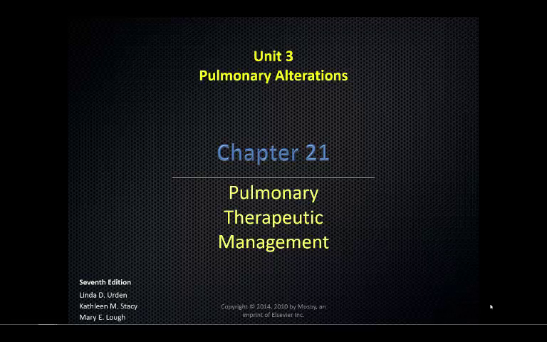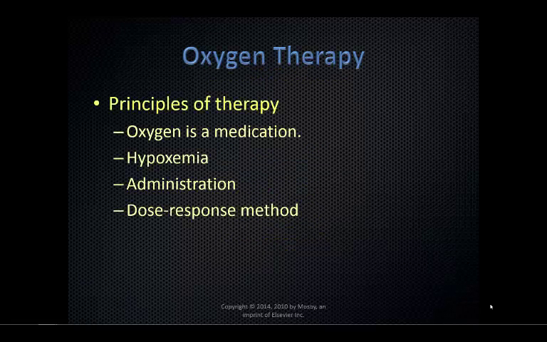We're going to be reviewing Chapter 21, Pulmonary Therapeutic Management. To start, let's talk about oxygen therapy. So, the goal of oxygen therapy is to provide sufficient concentration of inspired oxygen to permit full use of the oxygen carrying capacity of the arterial blood. This ensures adequate cellular oxygenation, provided that we have a good cardiac output and our hemoglobin concentrations are adequate for